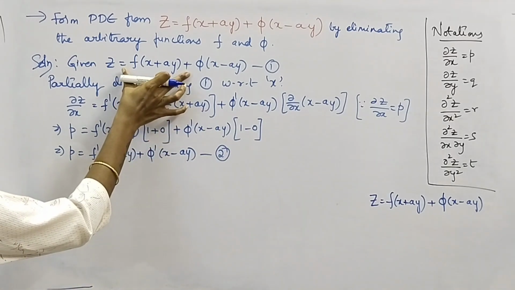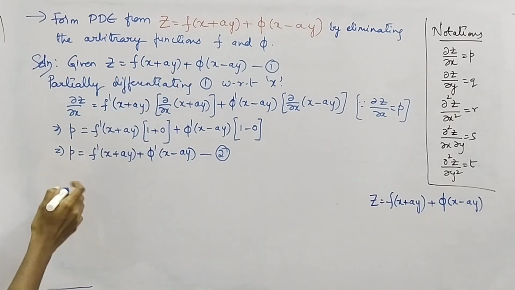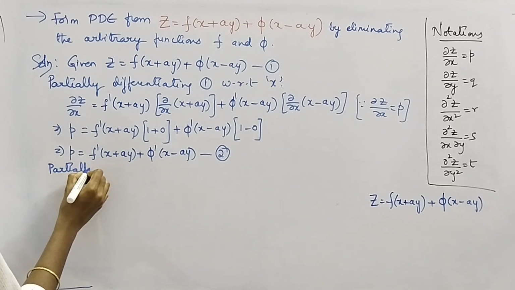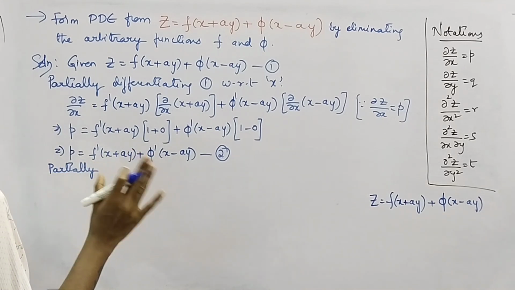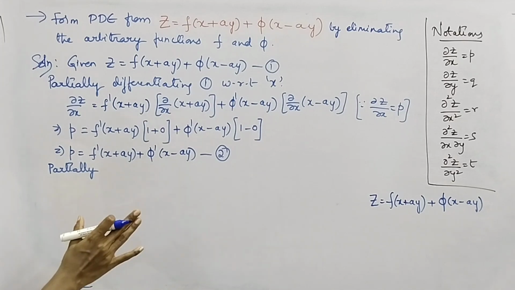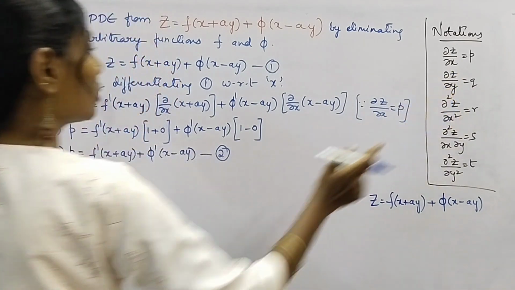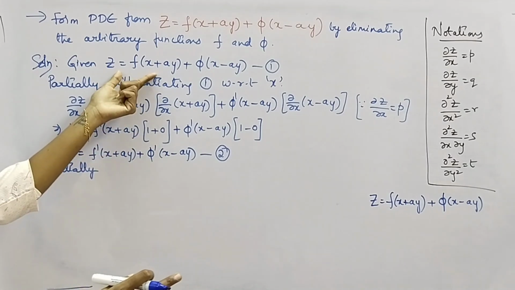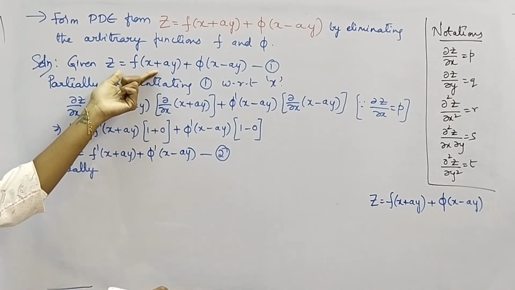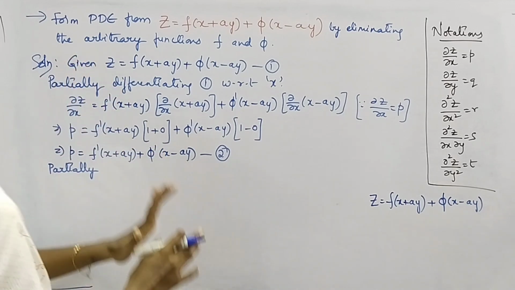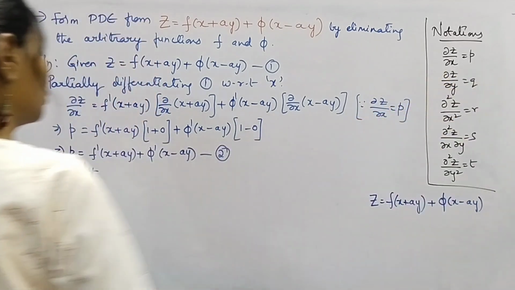Now let's partially differentiate 1 with respect to y. Now we are going to find the equation involving q. Q is nothing but dou z by dou y, so that by partially differentiating equation 1 with respect to y, we'll get dou z by dou y, which gives an equation involving q. Okay,